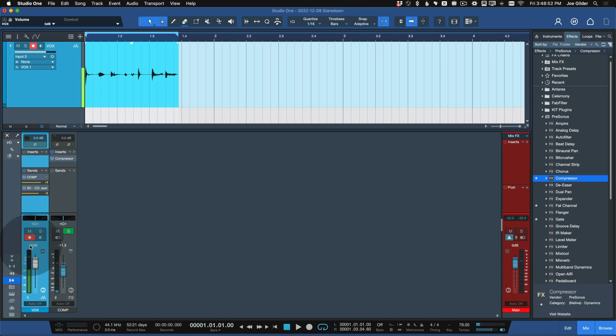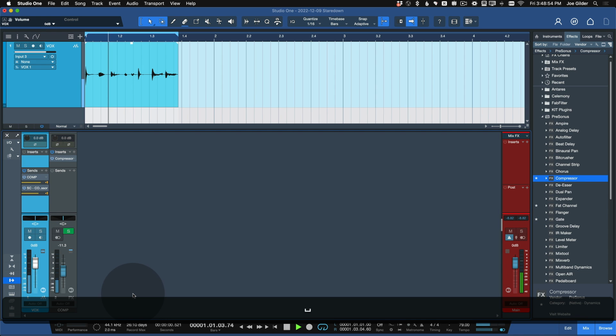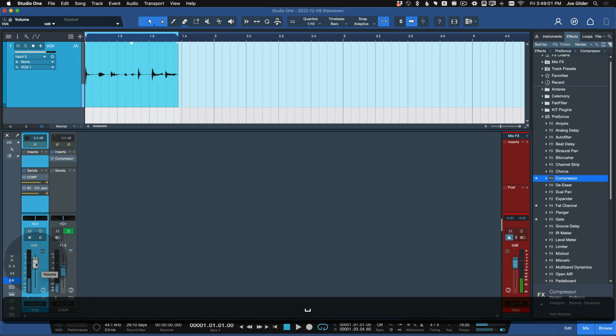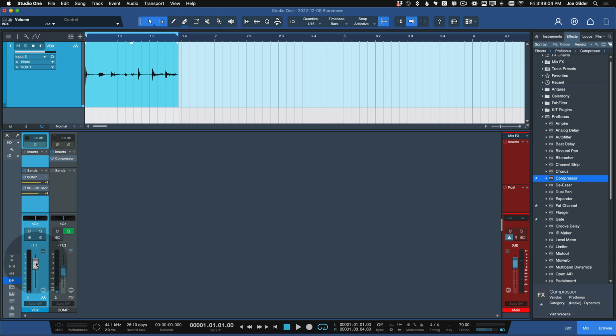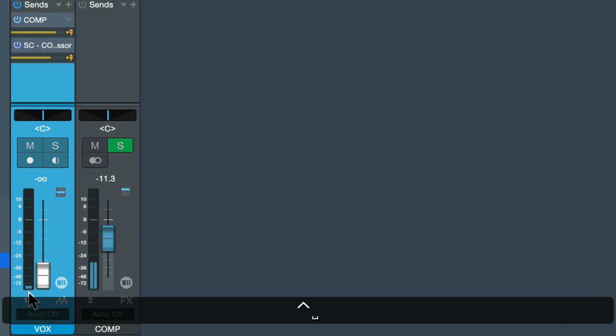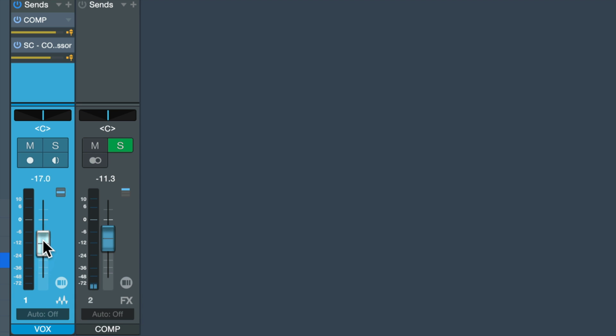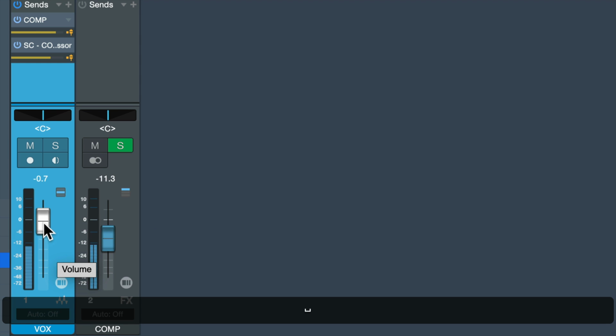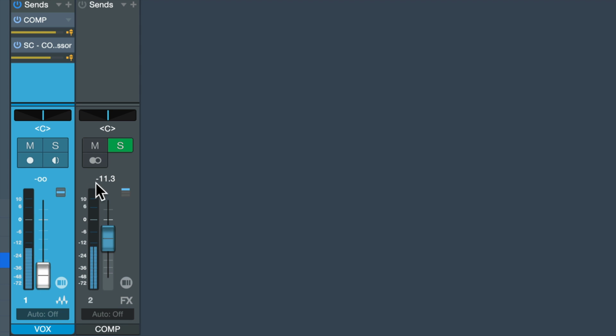Okay, so right now, if I were to hit play on this vocal, I just turn the volume down so you don't hear it. We can see a meter here, right? And if I turn this down, we'll see the meter go down with it. You see that? The meter went down as I turned down. So the meter is showing me the volume that's happening after the fader. If I right-click on this, I can select pre-fader metering, and then if I hit play and I pull the volume all the way down,